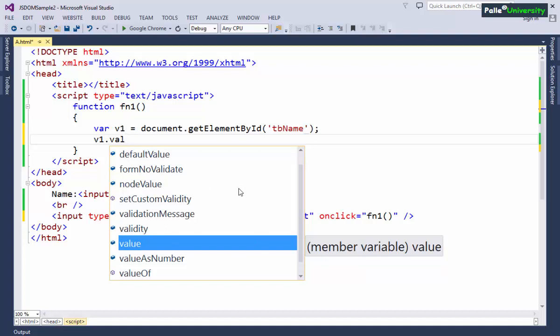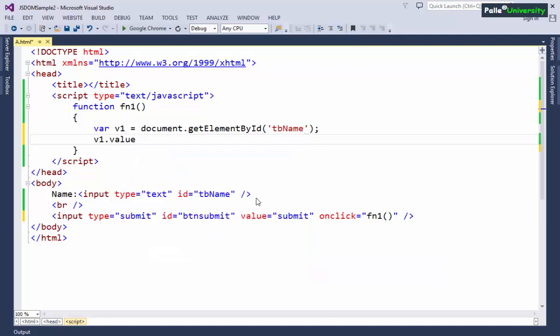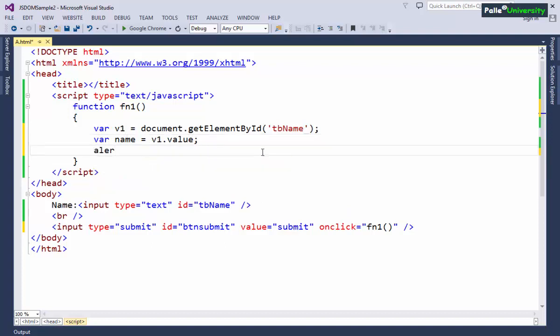You must be able to use it. But anyhow, currently I am getting the value property properly. Now let me declare another variable for storing the name. Maybe I'll call this variable name, or you can give any name for the variable. After that I can write alert of name semicolon.